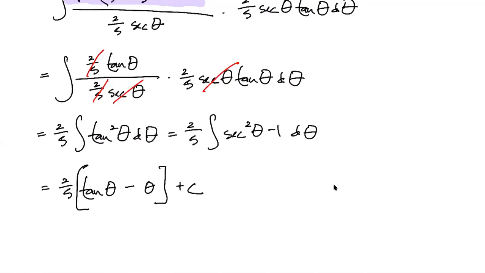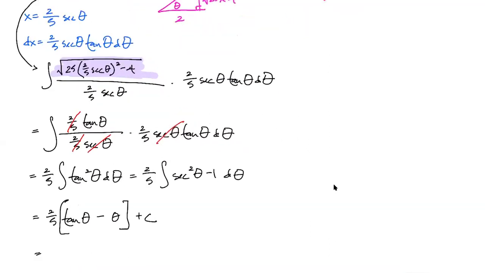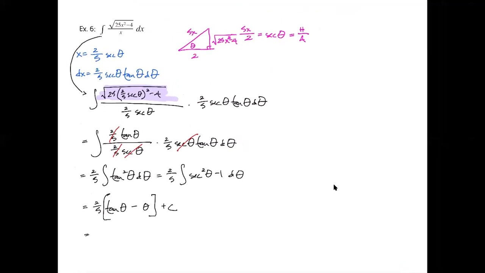And all we're going to do now is plug back in our x's that we got from our triangle at the beginning. And so that's going to give us 2/5. Tangent is going to be opposite over adjacent